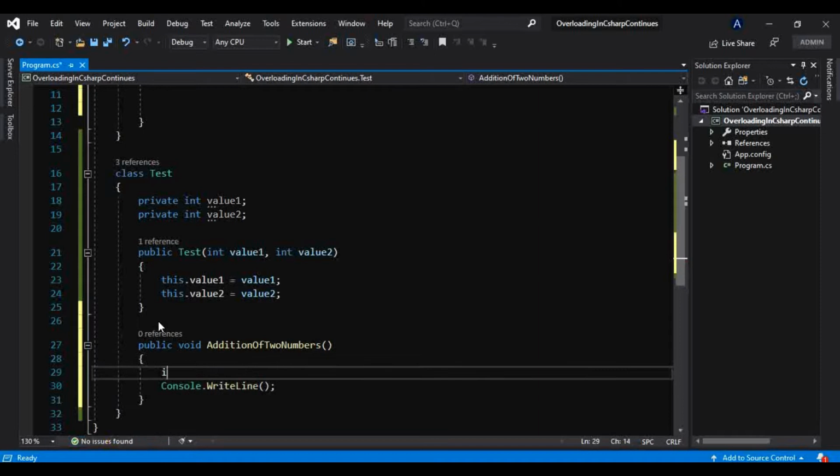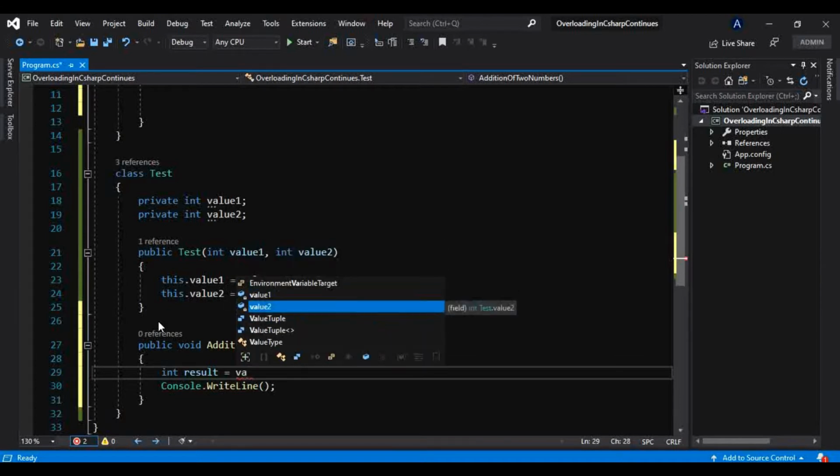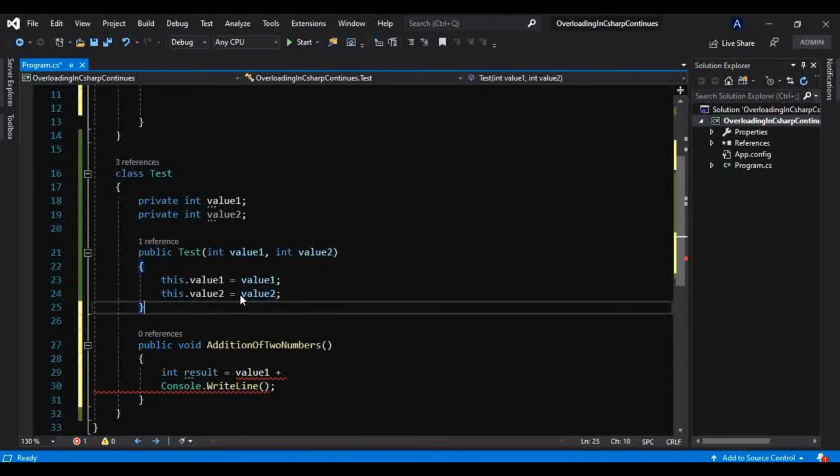Before that, let me take one result variable of type integer, because we know addition will be in int only. Whatever value1 comes into this constructor, I want to add that with value2, whatever comes from this constructor. We know we are initializing that to our fields, so now our fields hold those values.